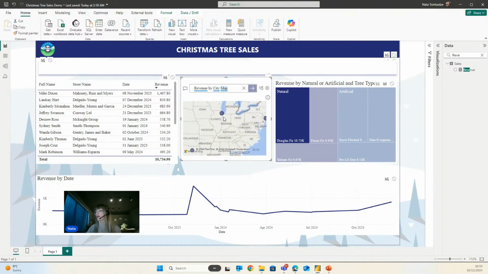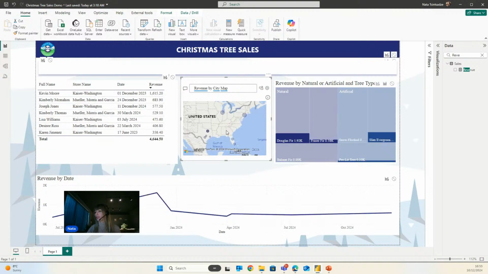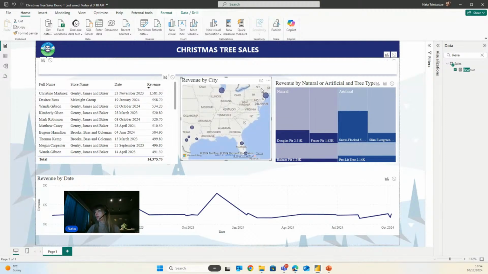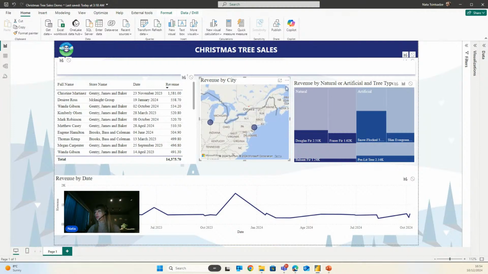It worked. Our Q&A AI visual has generated revenues by map by cities, and we can also click on each city to see revenues, to see the trees that were purchased and see the line chart trends. And if we like our visual, we can turn it into standard visual. So if we click this button, it will be turned into the standard visual,